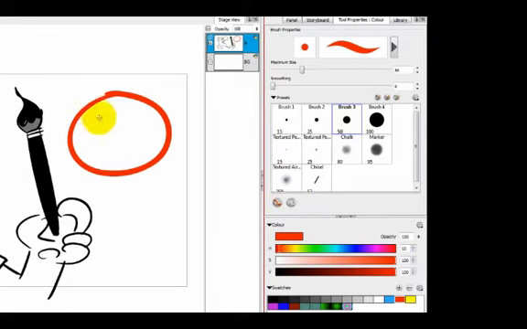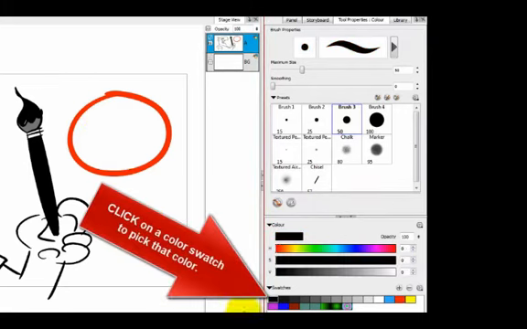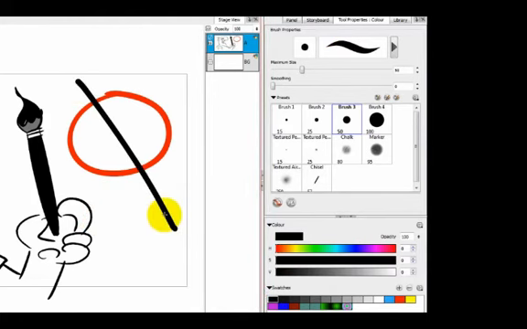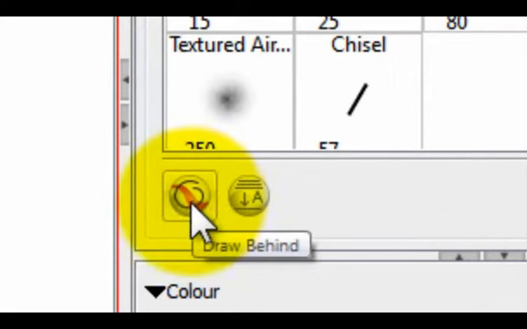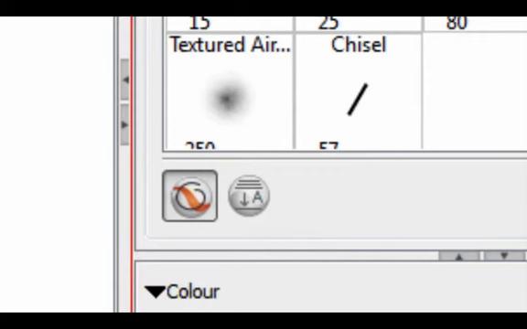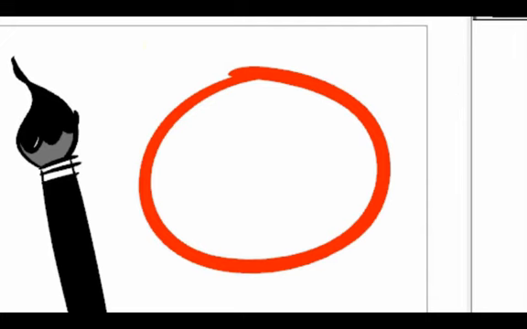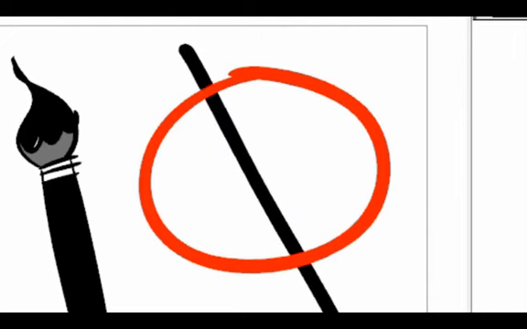Okay, now if I want to draw a black line running behind that circle, normally, if I put a black line through that circle, it stays on top. Almost always we're used to drawing something where the newest strokes go on top. But there is a way using this button, which is called the Draw Behind button, which once I click that, any brush stroke that I put on top of that is actually going to appear underneath. So there it goes. It kind of pops in there after you've drawn it,